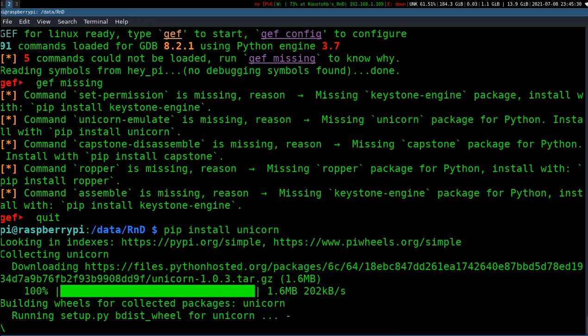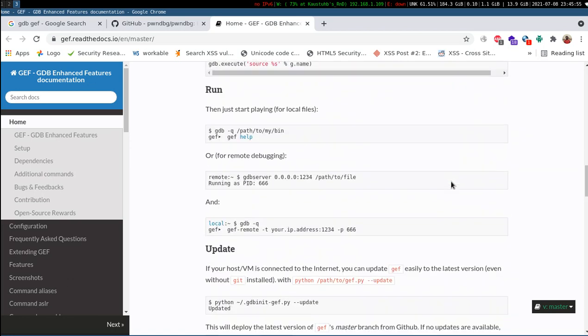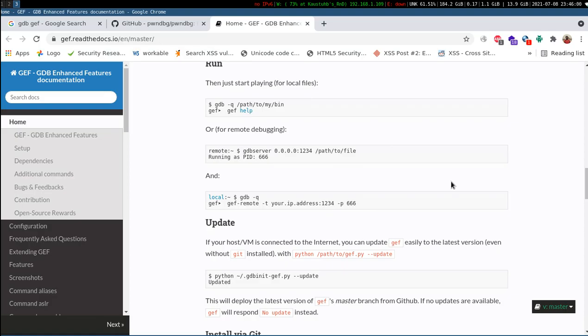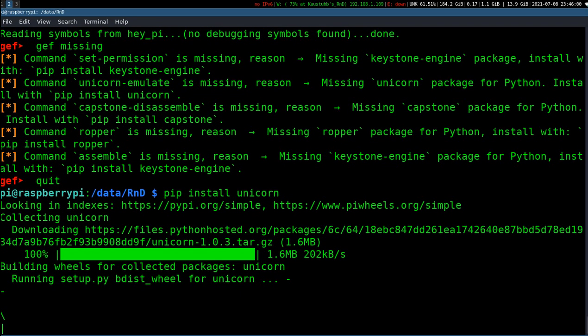Taking time. One thing I'd like to notice here is what we do, GDB GitHub gdb-init. Anyway, we will reinstall GEF first. Taking too much time.